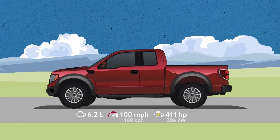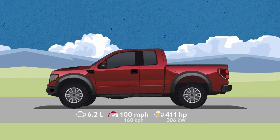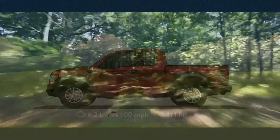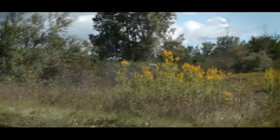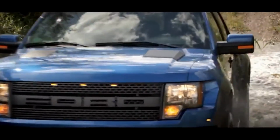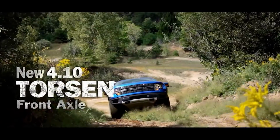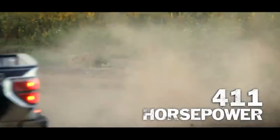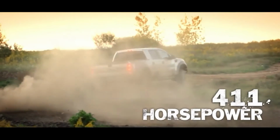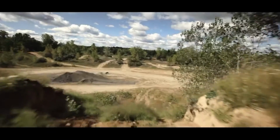This generation also saw the debut of the off-road focused Raptor variant. Unlike previous SVT projects, the Raptor's primary magic lied not under the hood, but in its rugged, off-road ready long travel suspension. Consisting of beefy cast aluminum lower control arms up front and Fox Shocks racing dampers at all four corners, the suspension boasts 11.2 inches of travel in front and 12.1 inches the rear, stock right off the showroom